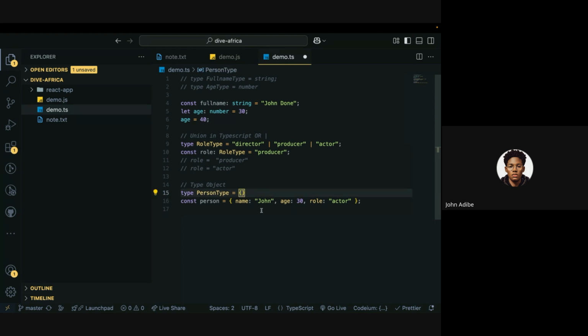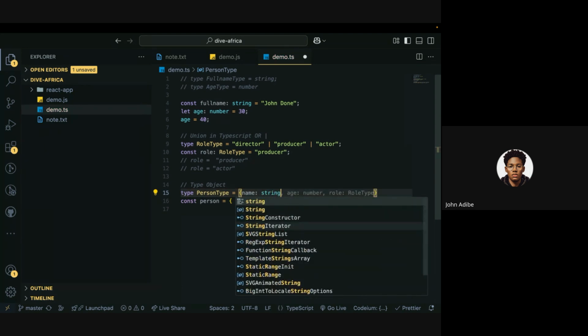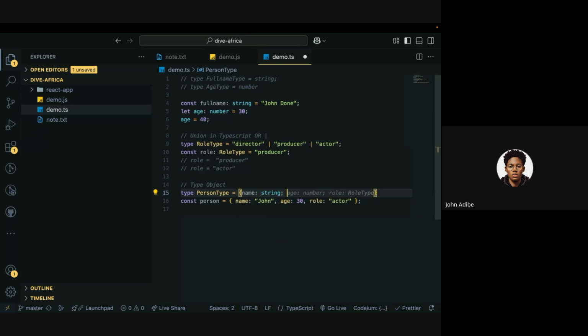So here I will have name set to just the way it is here, but then I'm not writing the actual value, I'm just writing the type of the value. So we have name set to string, okay. Then we have age set to number, and then role